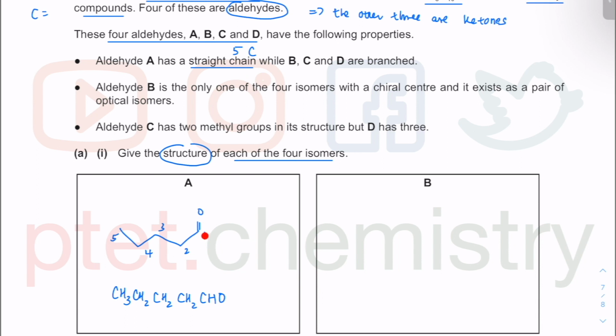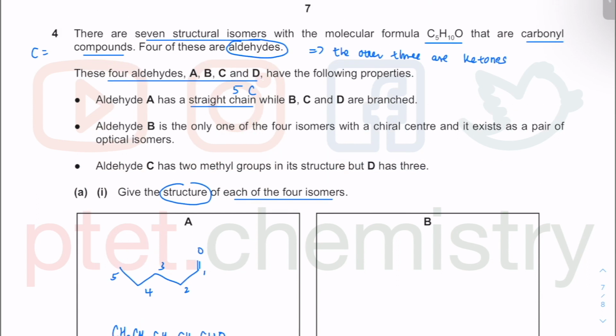It's a straight chain. This is the simplest 5 carbon aldehyde you can have. 1, 2, 3, 4, 5, C5. And then in terms of hydrogen, 3, 4, 5, 6, 7, 8, 9, 10. And then 1 oxygen. So the molecular formula of these structural isomers will be the same, but they have different